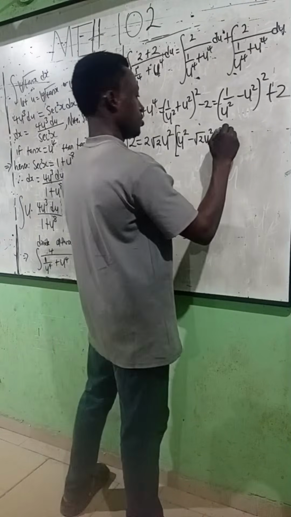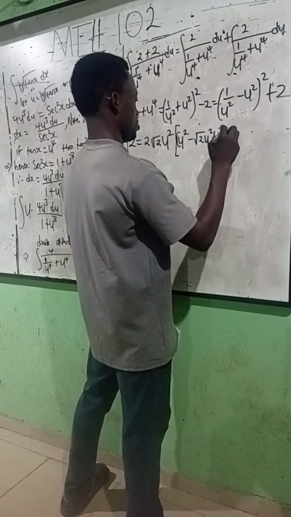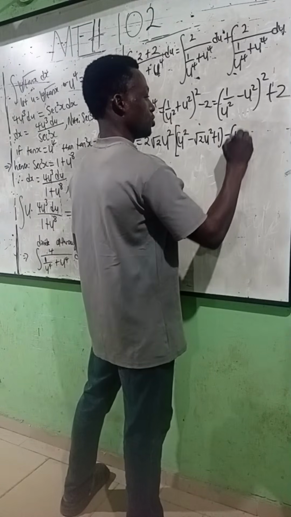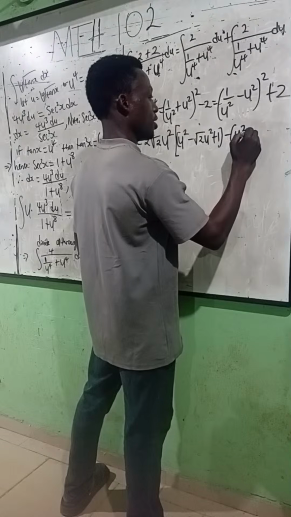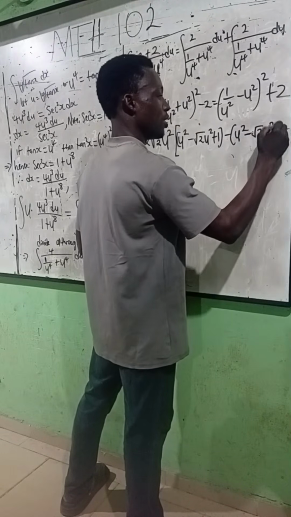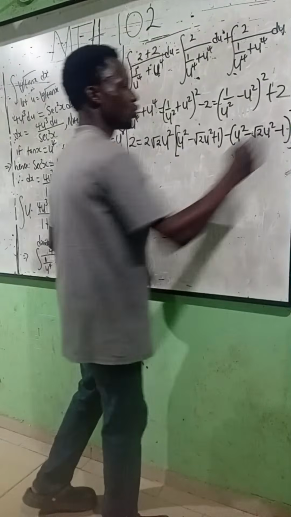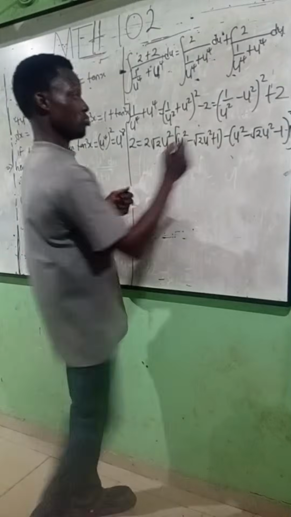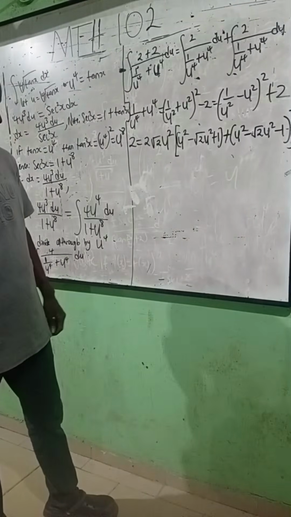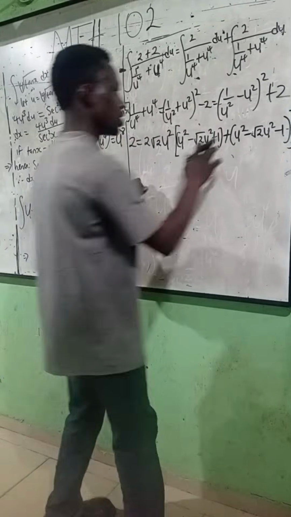minus u square minus root 2 u square minus 1. Let's confirm if they are truly equal. If this is truly equal to 2, this plus. Let me check very well. Okay, this minus